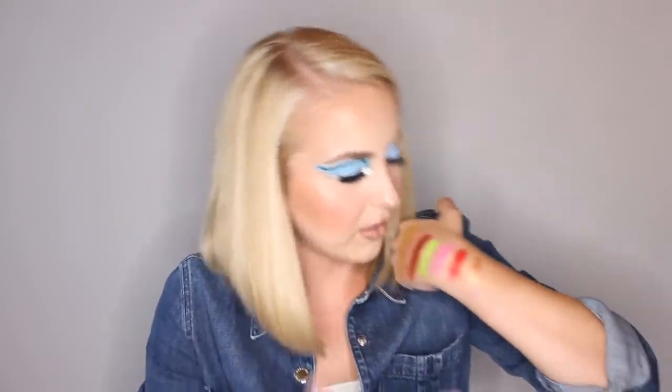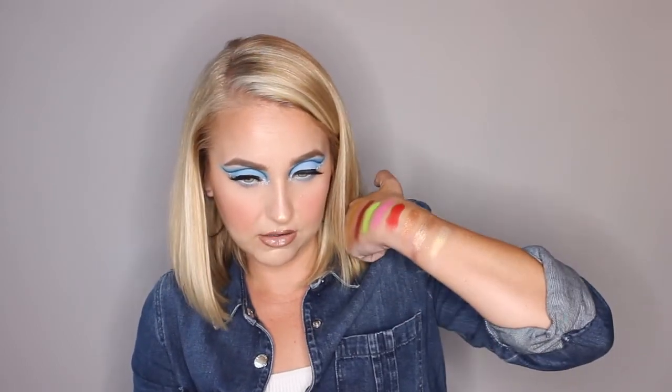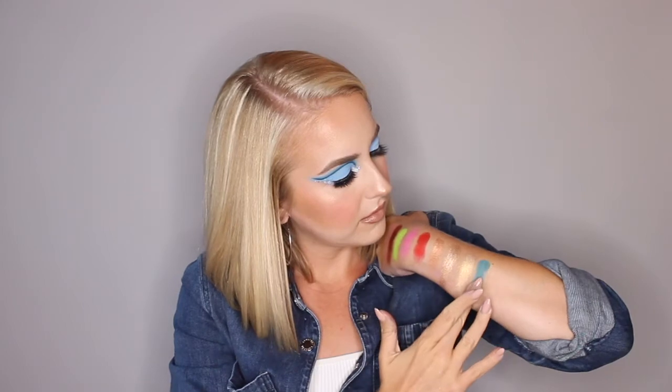You see that? It's literally wet. So good. And then I'm taking Gold Luxe. I'm telling you. And then this one is Fair Play. Now this one I love using in my inner corner. Just love that gold. These guys are so pretty. So anyway, let me show you a blue, just to make it kind of even. This one that I'm picking up is Make Waves. I mean, just...